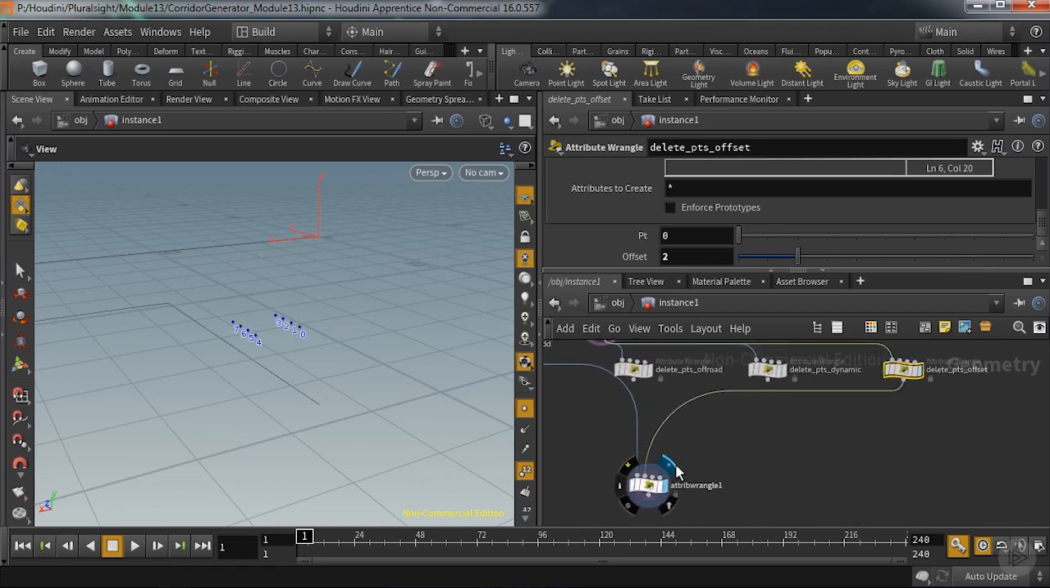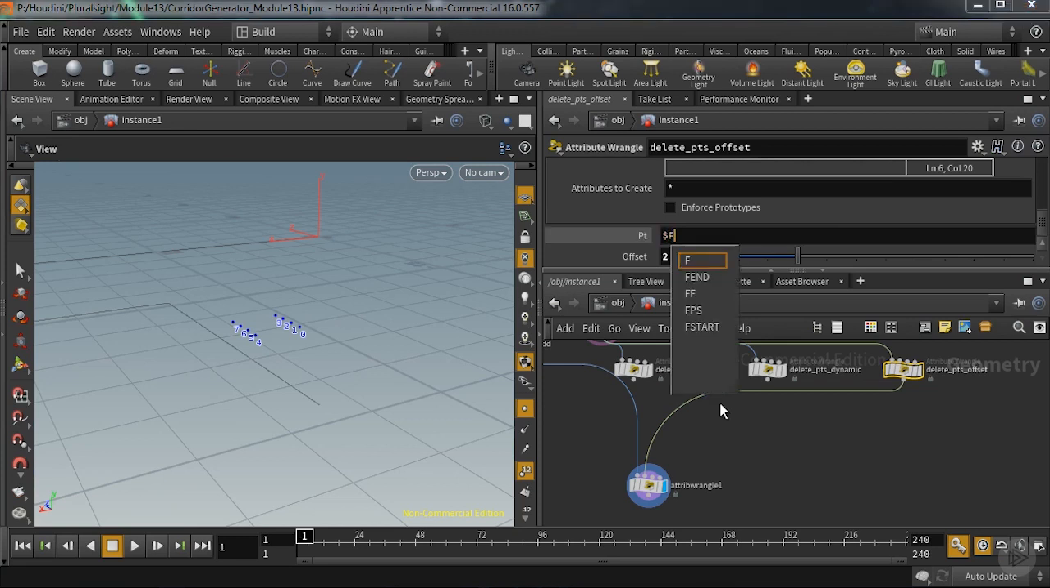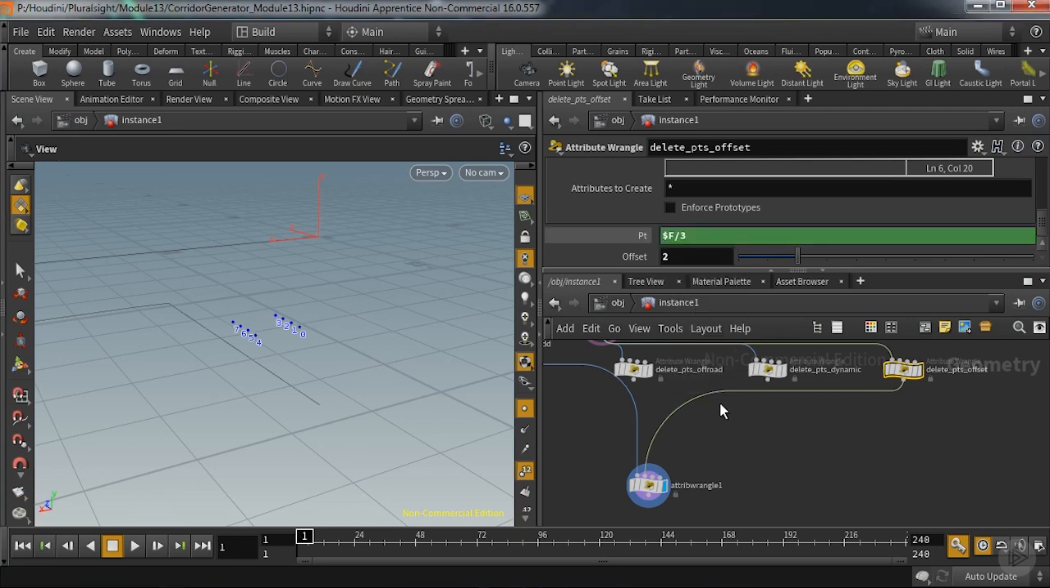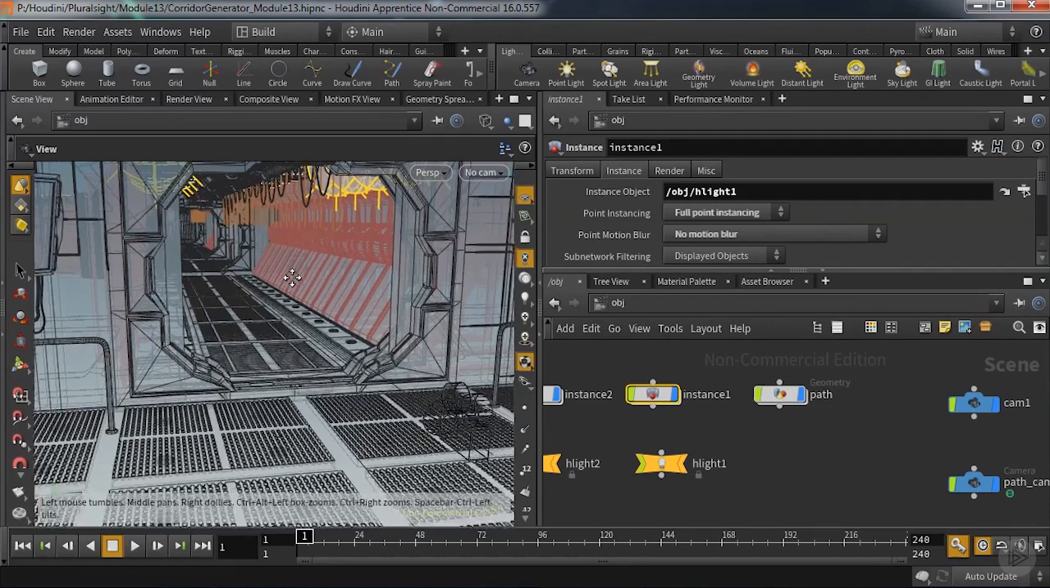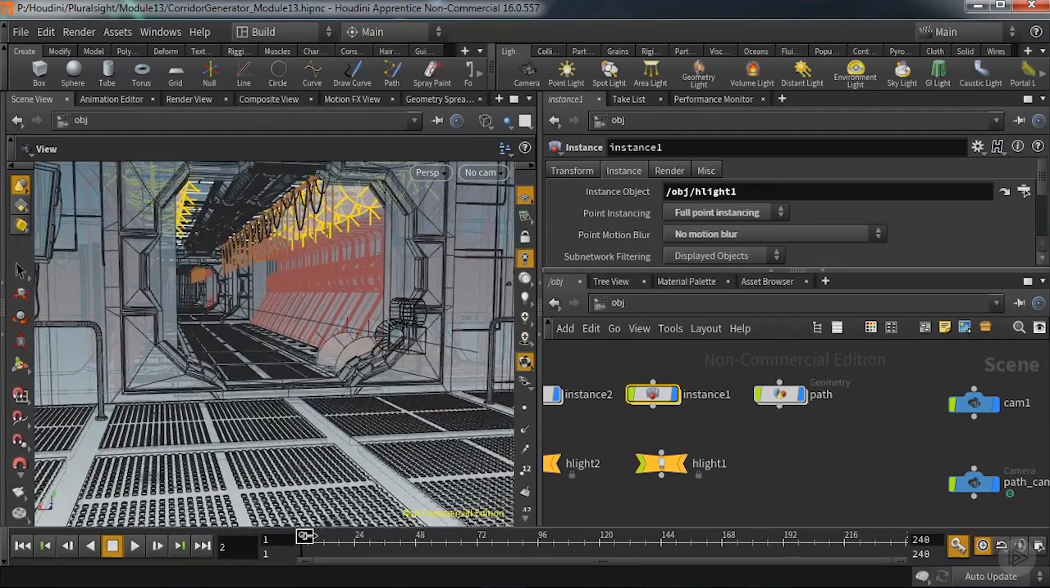Now we have a full light array with full control over its position, and that also means we can put in an expression that makes this input time dependable. For example, the current frame divided by 3. When we now leave the instance node, bring the viewport in position, and then move the playhead, you can see how the light array moves approximately with the same speed as the camera, and this will create a really interesting